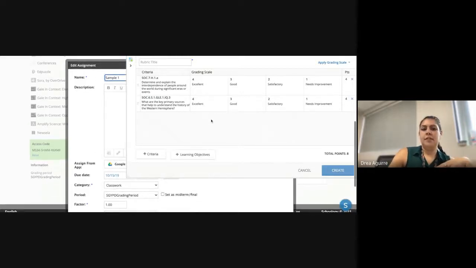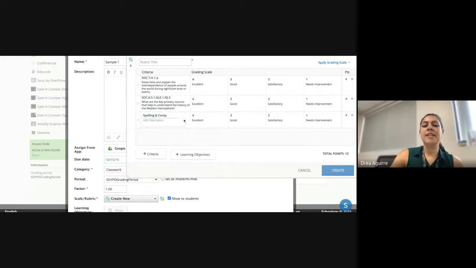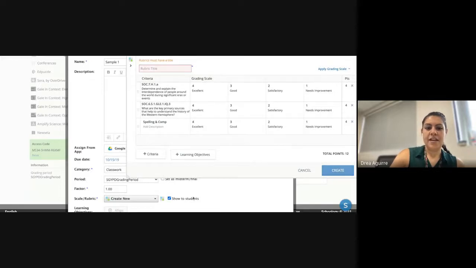If I don't want this to be tied to my mastery tracker, instead of using learning objectives, I'm just going to add criteria. So maybe I want these 2 tied to the mastery tracker, but I also want spelling and comprehension. And I don't want that tied to mastery tracking, but I do want to incorporate it in their overall grade. So that is not going to be a new category that comes up in my mastery tracker, but for this assignment, they will also have that category. I just hit create,